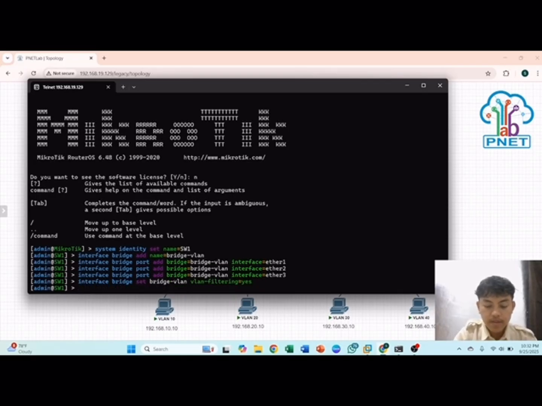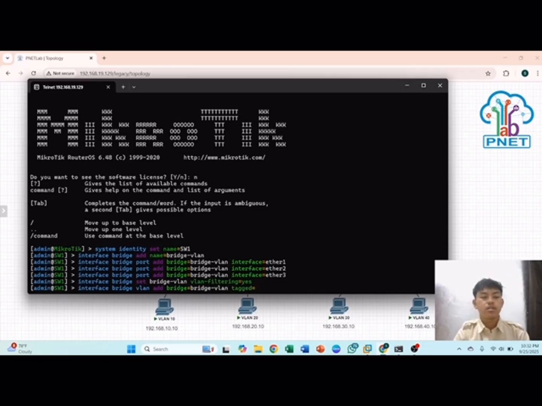Enter. Interface bridge VLAN, and you can add this, put the bridge VLAN.